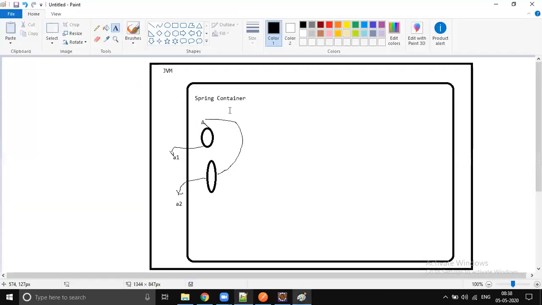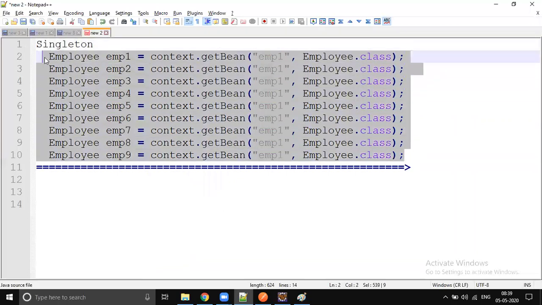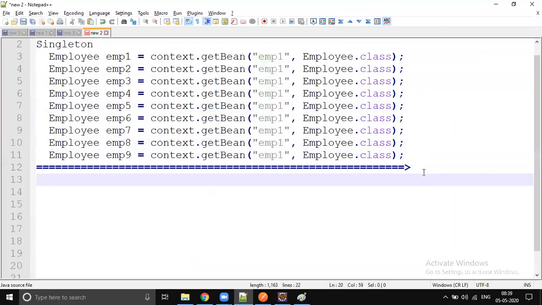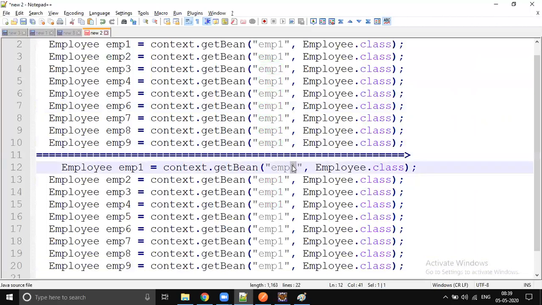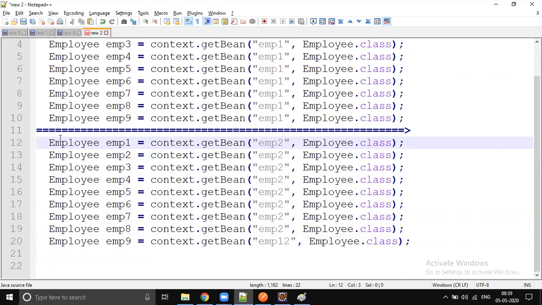So now we created one more object called A2. Again, this is a singleton object. If you create one more employee with employee ID 2, not employee ID 1 this time, this is another singleton bean. How many number of times you do lookup, context.getBean, context.getBean, and you are passing ID employee2, you still keep on getting the same